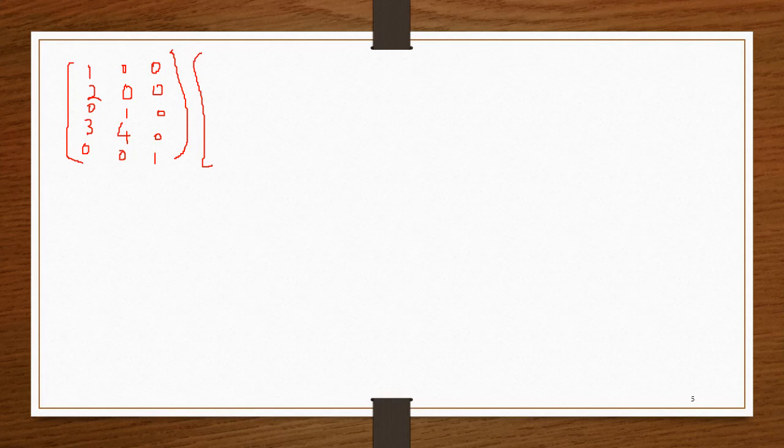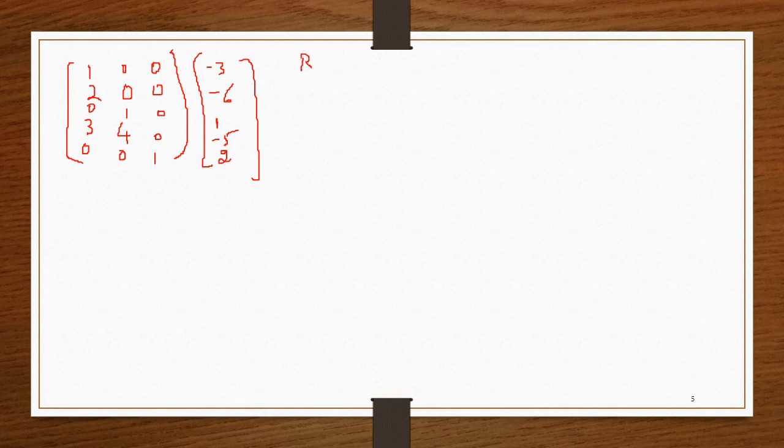Next, the second problem. The given problem, we'll write it in a matrix. So we are going to get a matrix as 1 2 0 3 0 0 0 1 4 0 0 0 0 0 1. These three vectors should be spanned over the given vector -3 -6 1 -5 and 2. So we try to do the row operation.